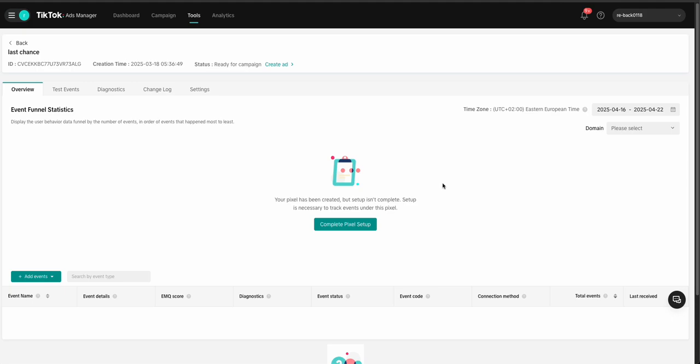Connect TikTok Pixel with Conversion API to your Shopify store for a specific product and also for a specific collection, or add multi TikTok pixels. First of all,